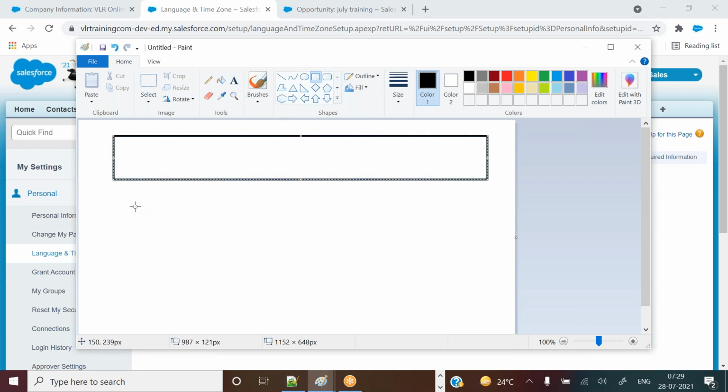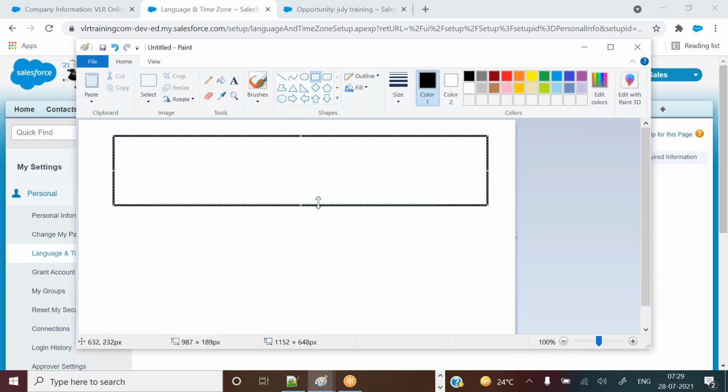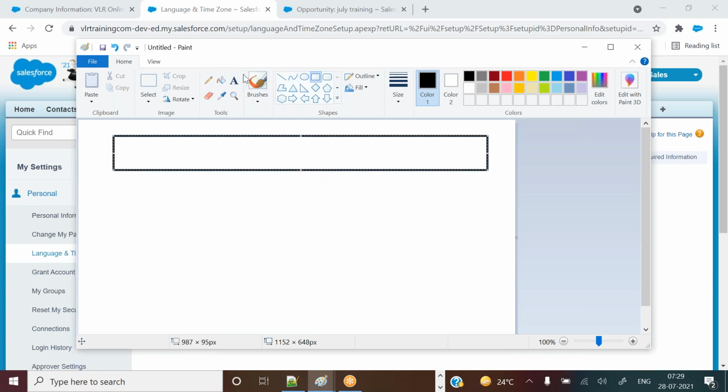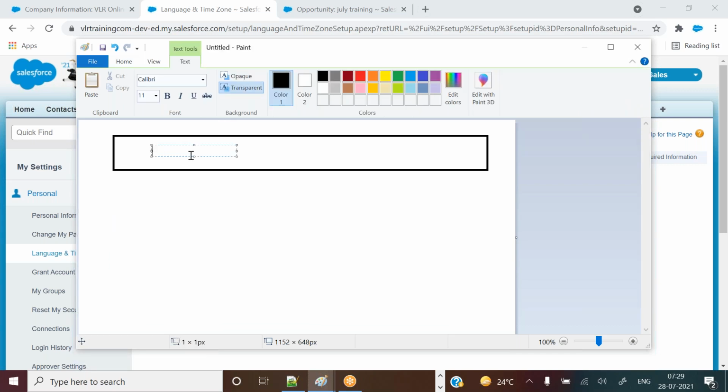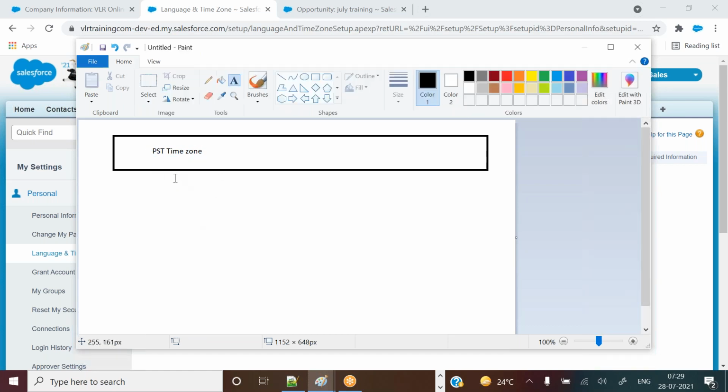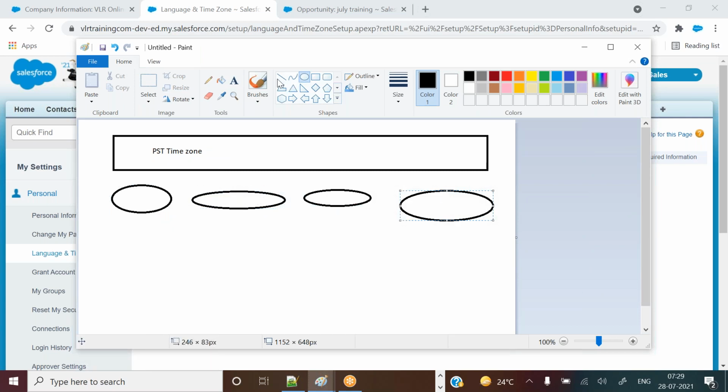By default, this is the org time zone for different users. For each user, by default this time zone is applied.